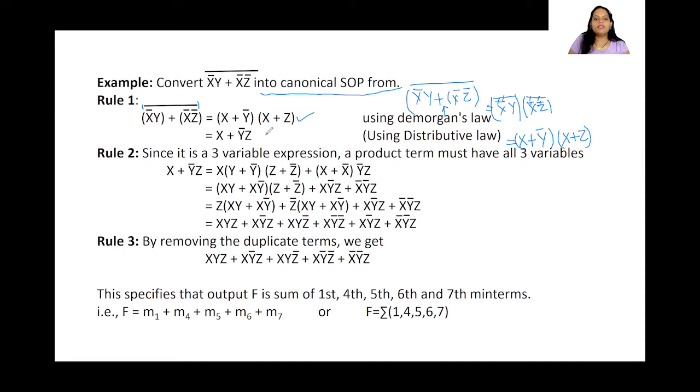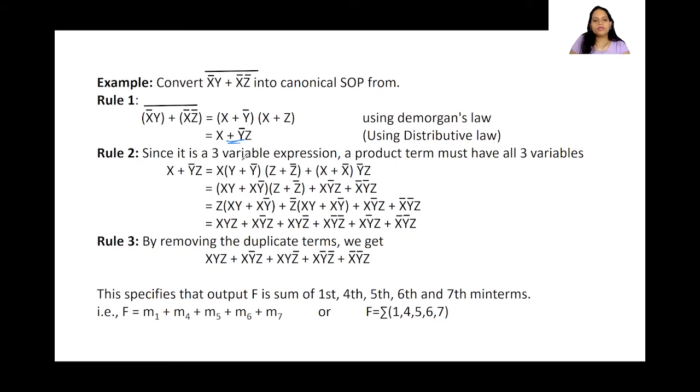After this we can use the distributive law. Using the distributive law we can reduce it to this. I hope you are all aware of the distributive law. According to the distributive law, x plus yz is nothing but x plus y and x plus z. We can write it something like this, isn't it? So here, this expression we have converted into this. We have done it the other way. That is how we get this step. So this is the simplified form.